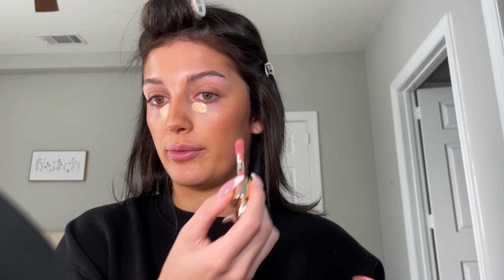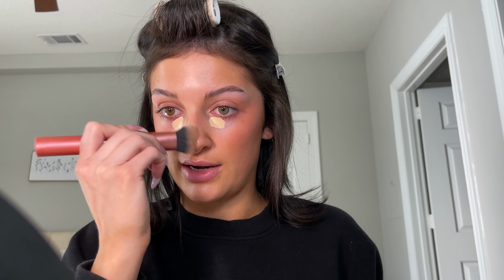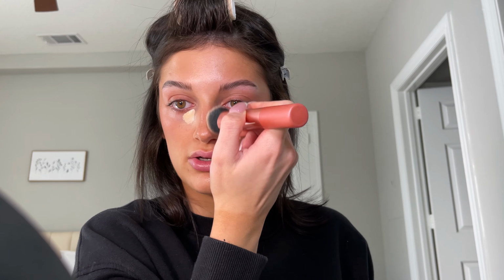Let's blend it out, okay. We're gonna go over it with the Beauty Blender. Let's add some blush. This is the Rare Beauty blush in the shade Hope. Okay, now I'm gonna kind of blend out this harsh ass contour. I'm looking so tan, I kind of look like an Oompa Loompa, but now I'm gonna blend out my concealer,